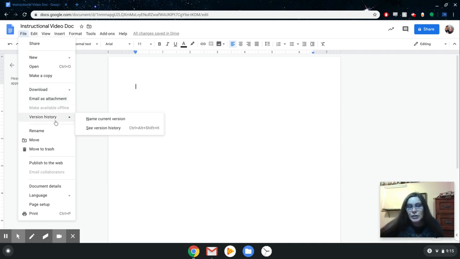You can look at your version history, so if you've edited this document and you want to revert to a previous version, you can look at that history and put it on a previous version if you've messed up and want to move back. You can rename the document from here. You can move it to a new location in your drive, delete it from here, and of course print and